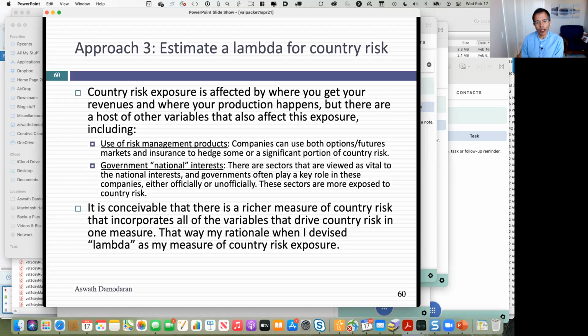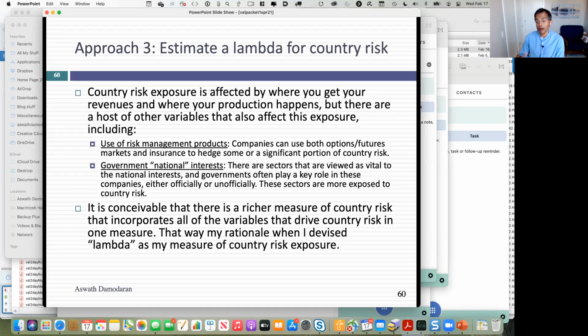I pulled up the Boeing annual report and opened it. There's a pie chart for Boeing, and basically it says 97% of its revenues come from the US and Western Europe, 3% from emerging markets. And I started thinking about the fact that for Boeing, I was using the US equity risk premium, and for Embraer, I was using the Brazilian equity risk premium. I said, this isn't fair. And in fact, if you open the Embev annual report and look at their pie chart, they were getting about 70% of their revenues in Brazil and 30% from outside. And I was using the same equity risk premium.